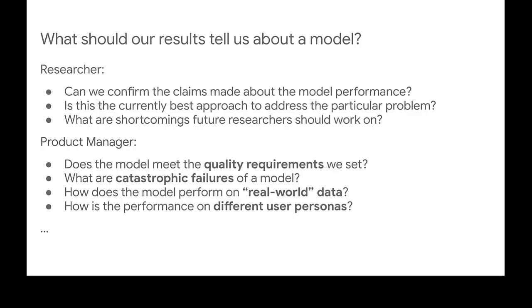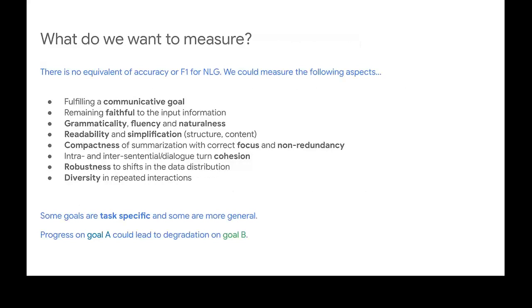Similarly, to what we want to answer, there are also different aspects of generated text that we can measure. If you are familiar with the general field of NLP, you've probably heard of NLU tasks, which are typically evaluated using some kind of accuracy score or F1 score, where you simply compare the prediction to some ground truth number, and if it matches, you get a point. If it doesn't, you don't. Unfortunately, this doesn't exist for natural language generation, which really makes the whole evaluation process a lot more complicated.